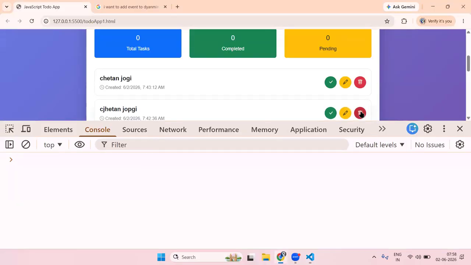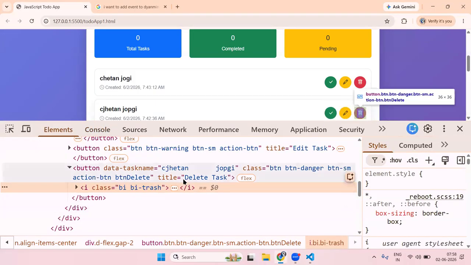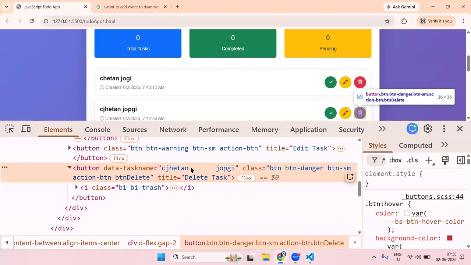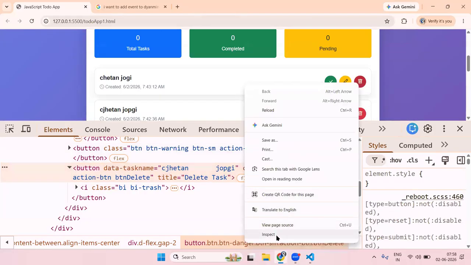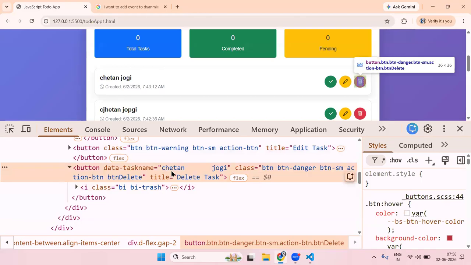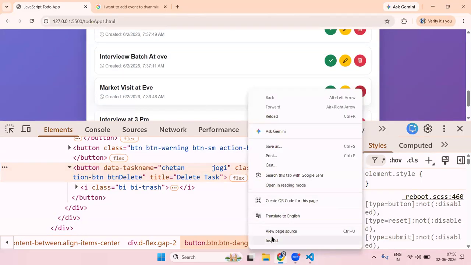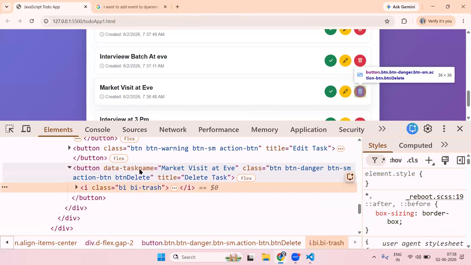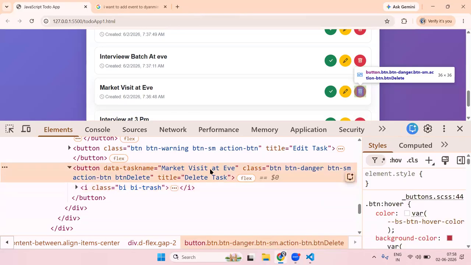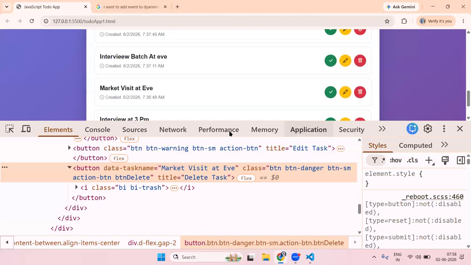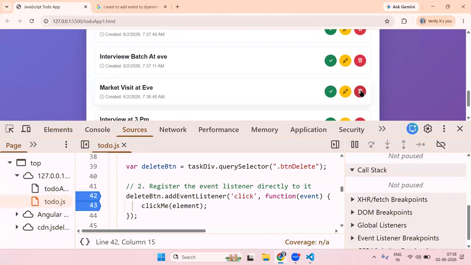Now if you inspect it, on every button element, see, task name. Getting it? If you edit this now, everywhere on every button you have added the task name. Okay, now if you click on the delete,